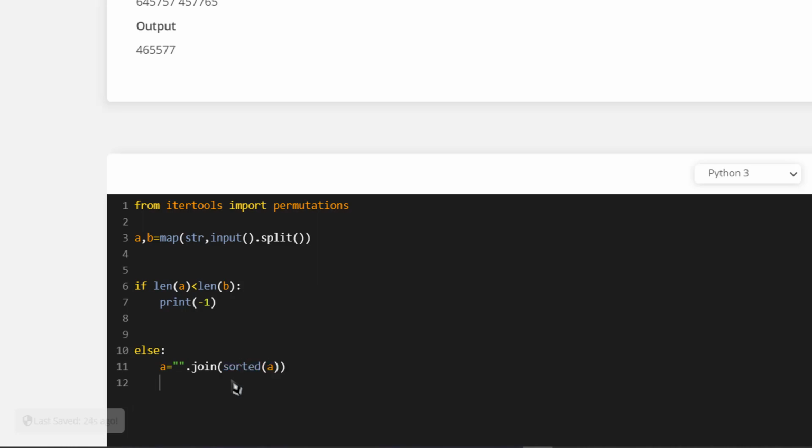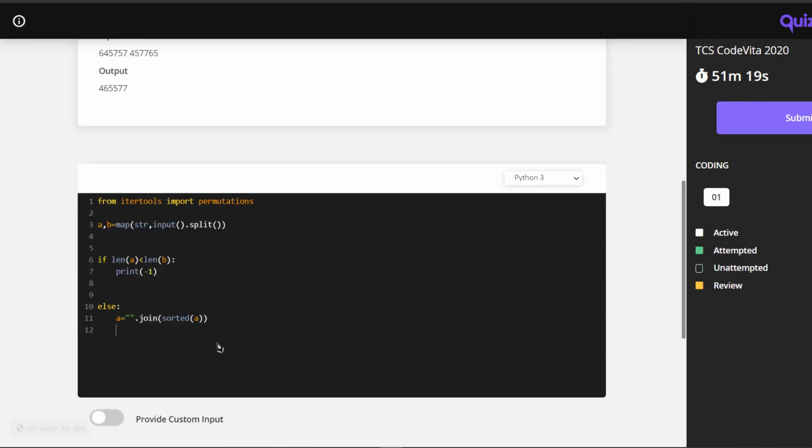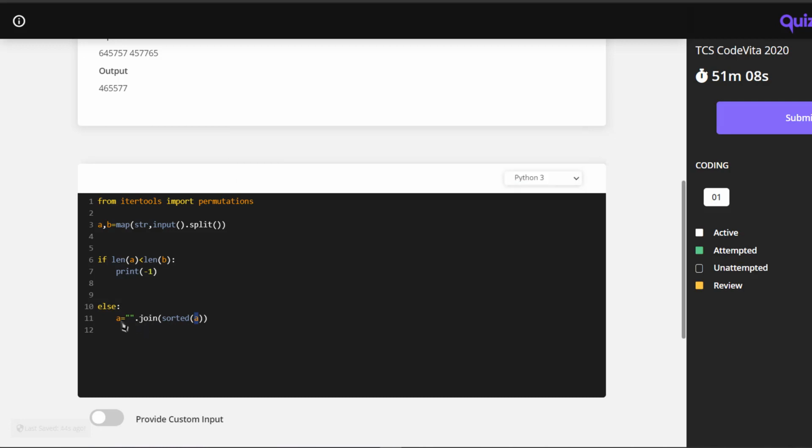What does this line basically say? We just simply pass our A. This means like if A is 459, as soon as the 459 went here, this sorted A will convert it into 4, 5, 9, and then again we are joining it to 459, and then it is saved to A. After sorting, it is saved to A. Now let's just perform our second action. That is, we can just simply take some variable as -1,